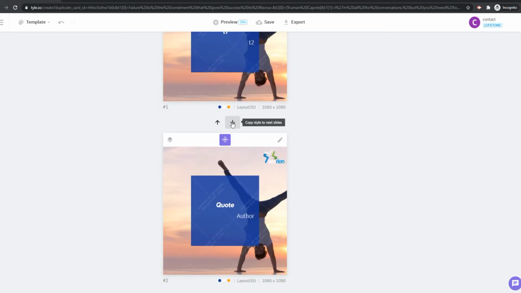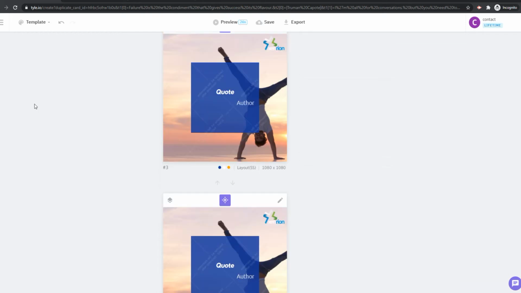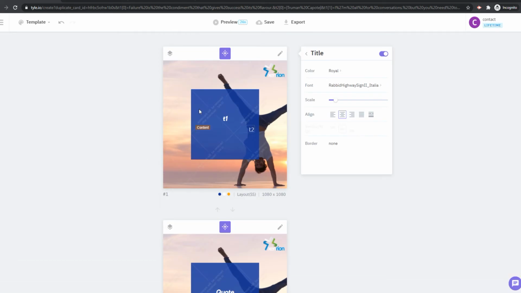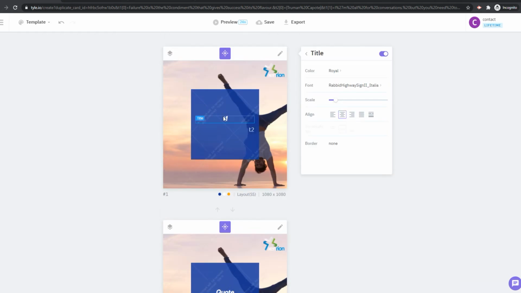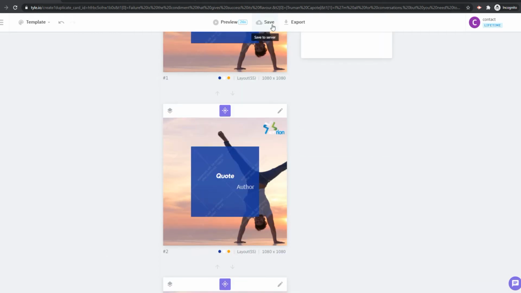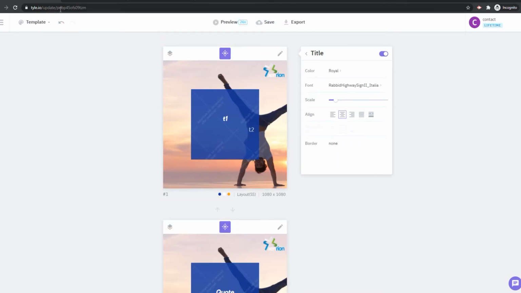So what you can understand is basically you will need to pass the parameters T1 and T2 with different text. Since we will be having multiple slides and multiple quotes, say here there are 5 quotes, so we have 5 slides. We will need T1 to be an array of 5 and T2 to be an array of 5. So once we have these 5 slides ready, what you will be doing is just click the save button. Once you click the save button, you will have an ID, a Tile card ID, which you need to make a note of.